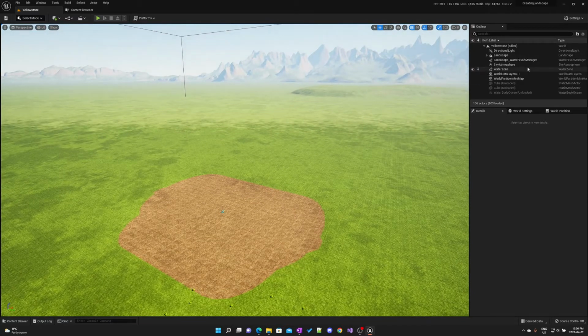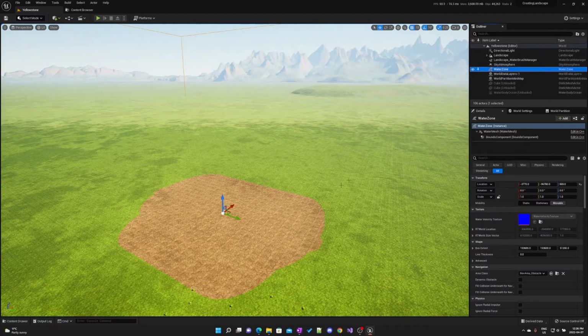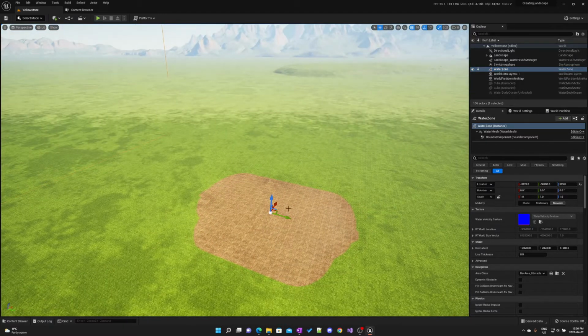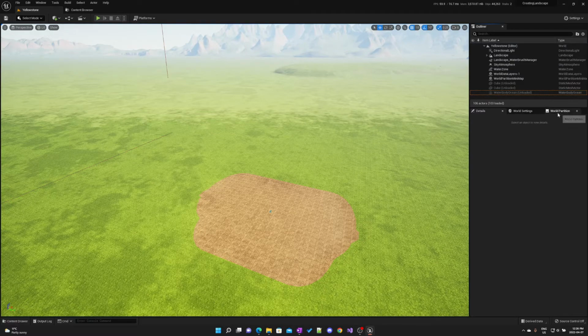So there's our thing, and our water zone is apparently visible this time, and it's not blowing up, but we don't see anything. My water body ocean is on an unloaded partition. Okay, so let's